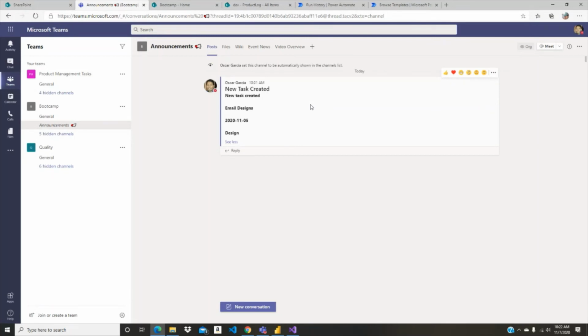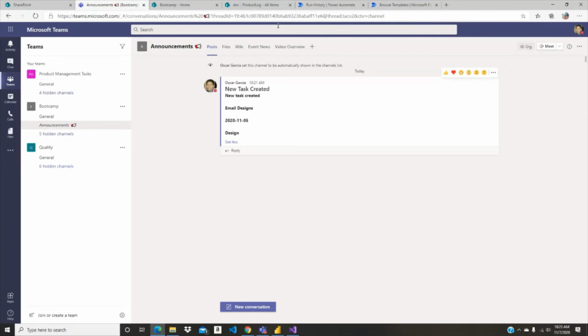If you were using the actual Teams app or the Teams mobile app, because this is the beauty of this, when you have the Teams mobile app, you will get push notifications to your phone. So you will get a message on your phone that says, hey, Oscar created a new task, and you will get all the details of that task. And you can even include the email link to that task, which I forgot to do here, but you could do that, right? So as you do this flow here,